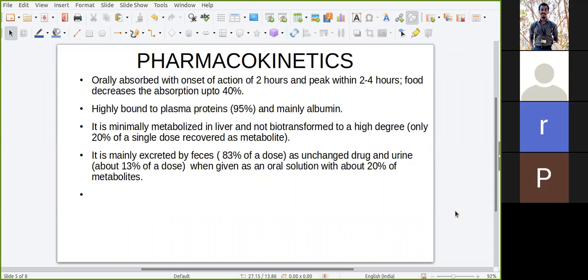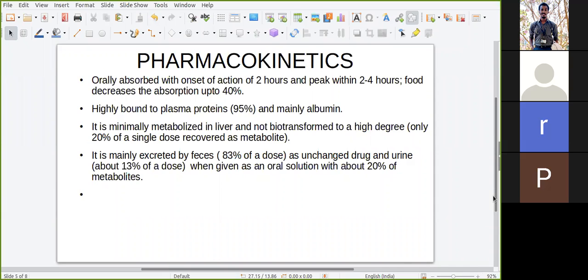It's highly protein bound, up to 95% bound to plasma proteins, mainly albumin, and it's metabolized by the liver, but not biotransformed to a high degree. It's just a little bit. About 20% of a single dose is recovered as a metabolite,